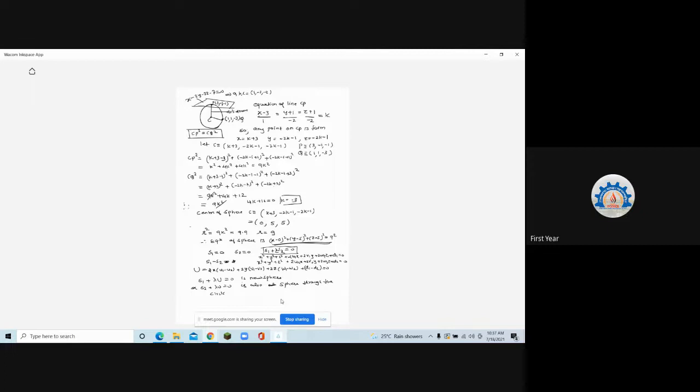Ma'am, if we find U from S1 and S2, and then we try to find another sphere from S1 plus lambda U, is there a chance that we'll get S2 back again? When can we get S2 again? Only if lambda is equal to 1 and the coefficients are 0. That is your equation, S1 plus lambda S2 is equal to 0. So S2 will come only when lambda is equal to 1 and the terms of S1 cancel. Try to imagine it geometrically whether it will be possible.